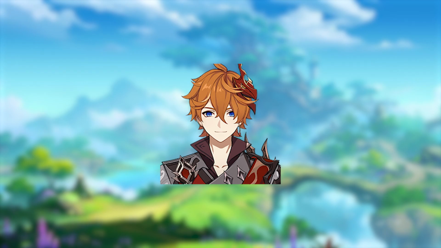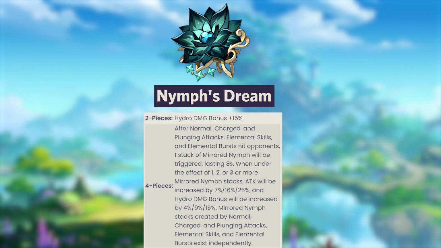It gives you attack percentage and hydro damage bonus from basically all the different forms of attacks you can do. It is pretty exciting that they are giving us more elemental sets, because it does feel kind of boring to only farm one specific elemental set for an elemental type. And knowing that when I first started playing the game, I was basically a Tartag main because he was the first character that I really enjoyed playing, I would think I would be pretty excited to farm for this set, but